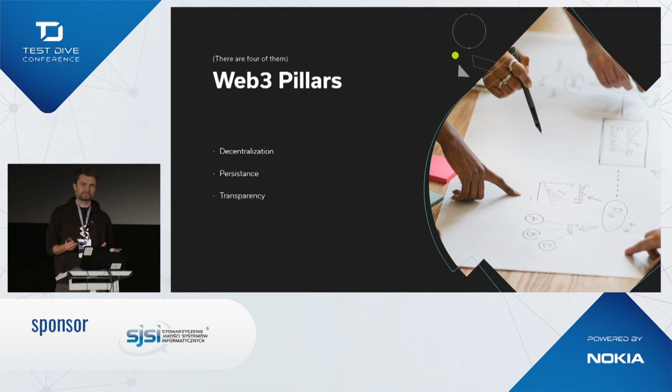Transparency, that should also be clear. But in general, on the blockchain, everything is public. Also the code, anyone can see it, like all the transactions. And an important thing for Web3, there is no one who you need to ask to join the network, and no one that you need to speak to in order to leave it. You can just start your node or shut it down, and that's just fine.